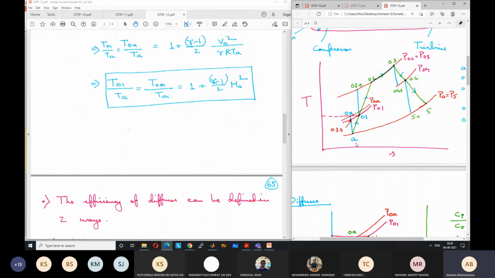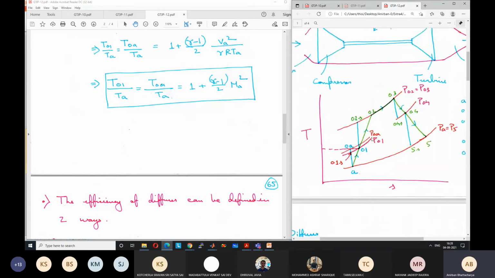So P0A by PA will be equal to T0A by TA to the power gamma by gamma minus 1. And T0A by TA is already 1 plus gamma minus 1 by 2 Ma square. So P0A by PA will be 1 plus gamma minus 1 by 2 Ma square whole to the power gamma by gamma minus 1. So we could have found this. But the main problem is that there is a pressure loss. So to account for that pressure loss, what we do is